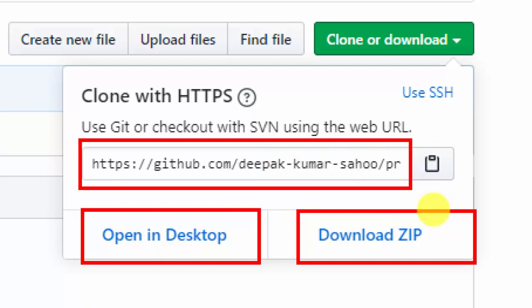If you want to share your code with any friend or another person, you can share it, no problem. By clicking on this button, we simply copy it and share it with anyone. Okay, so this is the clone or download area.